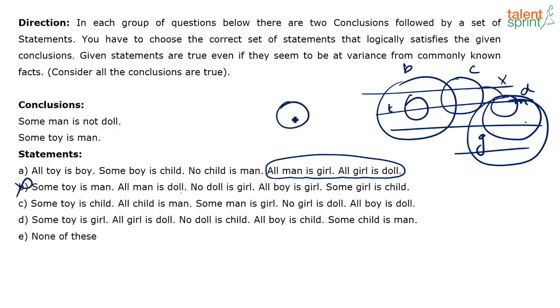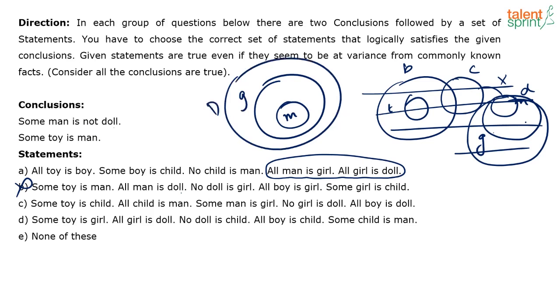So to get this statement will not do. What does this statement mean? There is a set man, girl and doll. Will there be any man which will not be doll? No, there will not be. So again, this is not a true conclusion, correct? So just by looking at these two statements itself, you can say that. You needn't draw this full diagram for that. Now, next one. What have they given?